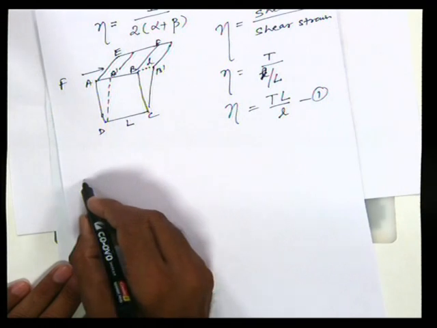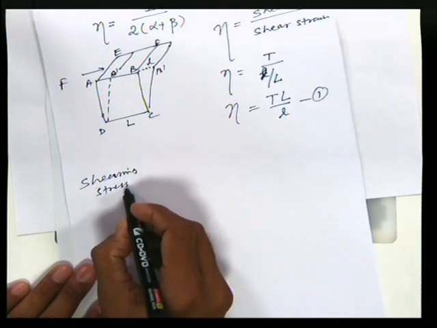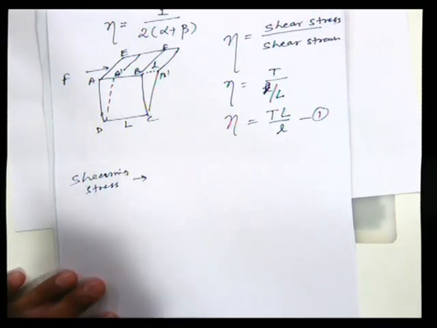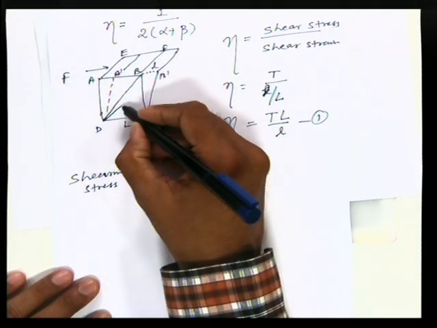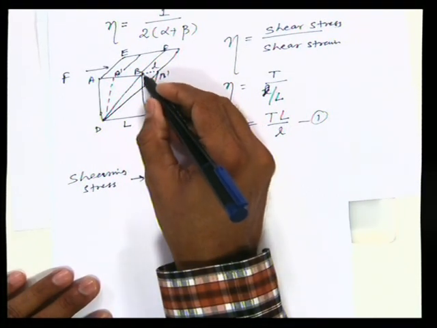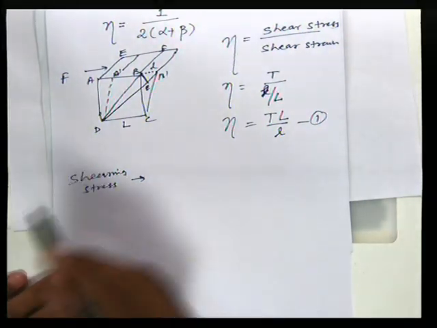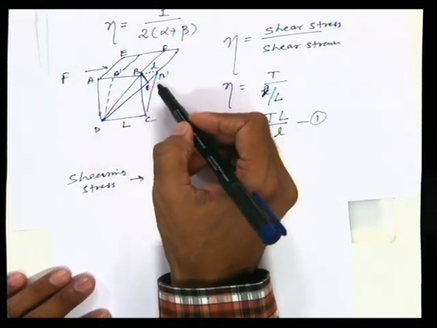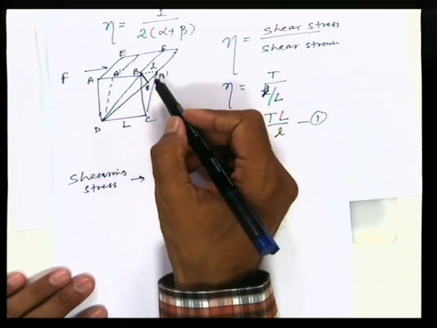Now say we are applying shearing stress parallel to the upper face. Now this stress is equivalent to, say this diagonal is dB and after deformation it is dB dash. So if I draw a perpendicular from B to dB, say E, the increase in diagonal equals EB dash, right? This length will increase due to shearing stress.